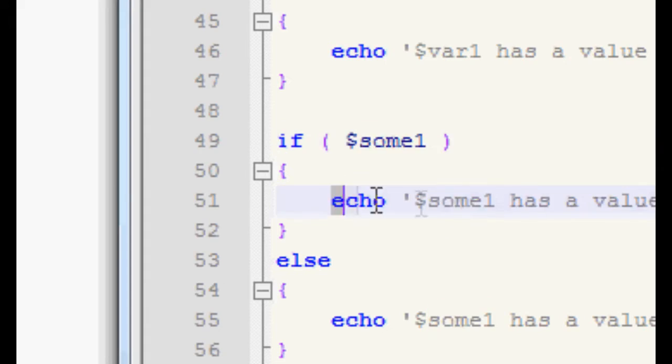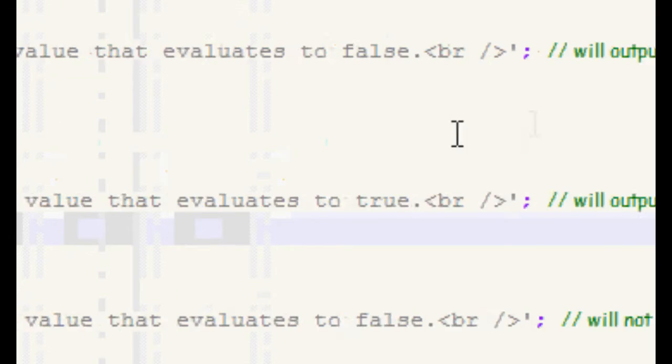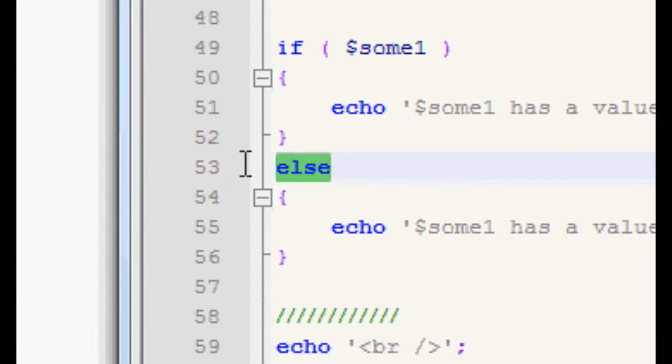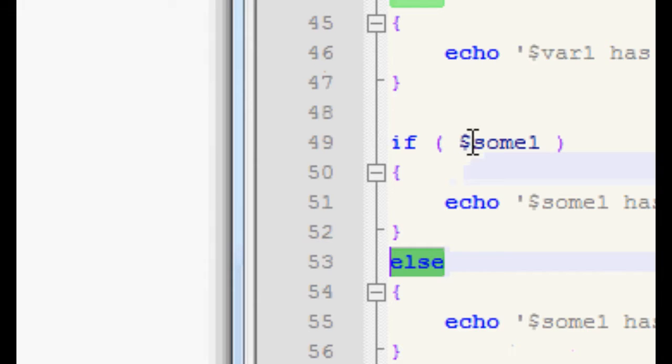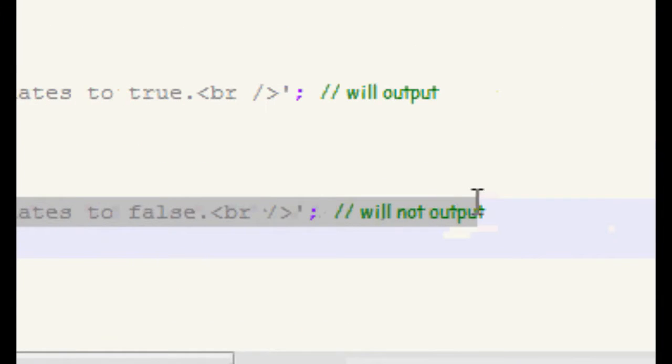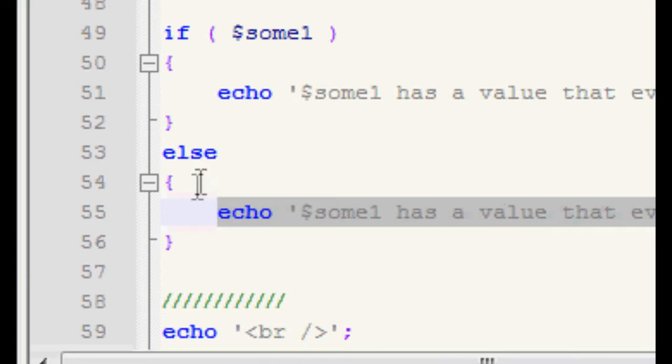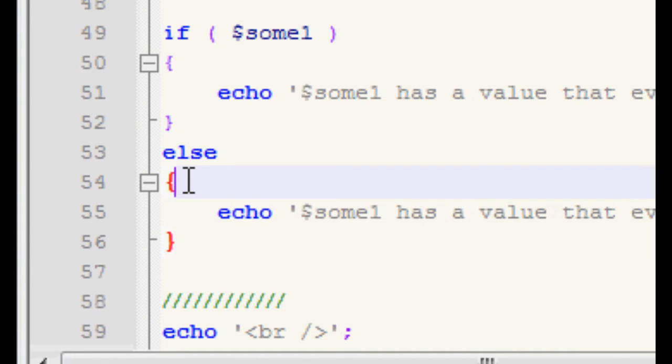So it runs all the statements inside the if block, inside these opening and closing curly braces, gets to the end of the curly brace after running all these statements, and it hits the else, and it's like, wait a minute, I just had a true value from the above if, so don't do whatever statements are inside the else block. Okay, so it gets to here, it's like true value, sorry, skip to the end, and it just continues on